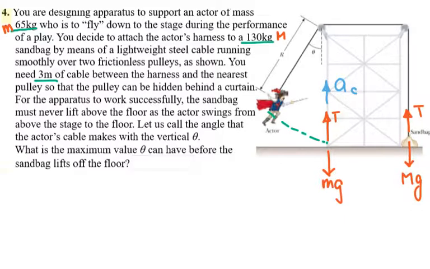So if I write Newton's second law equations for each mass, for the sandbox I have the tension minus mg is equal to 0 because there's no acceleration, or I can just say that the tension is equal to mg. And for the actor, I have the tension minus mg, and he has centripetal acceleration, so that is